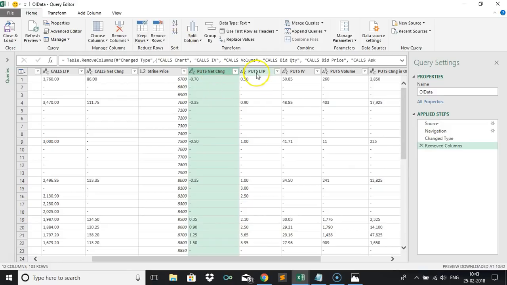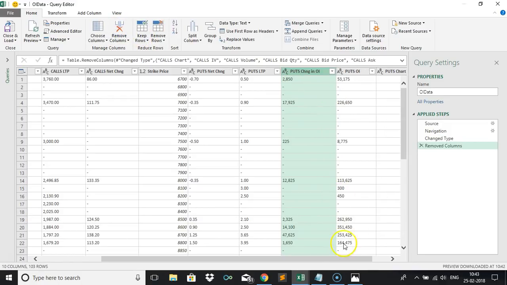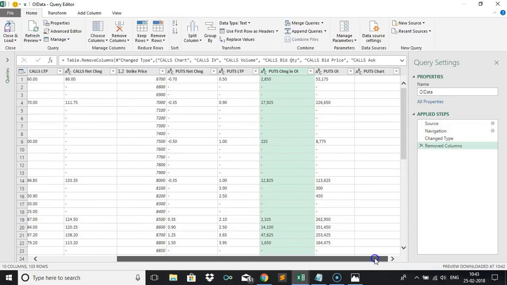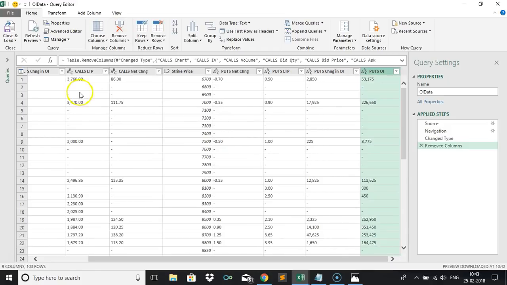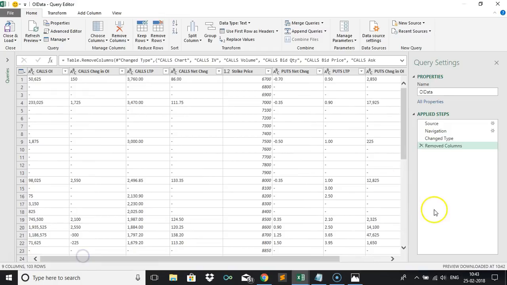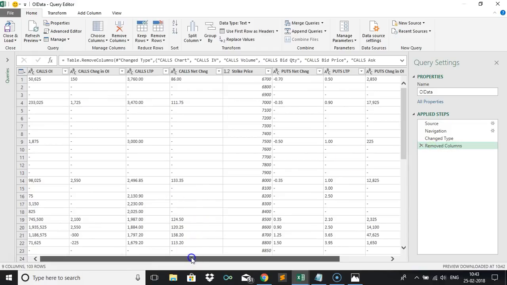And puts net change, last traded price is needed. You can remove volume. Change in OI, puts OI, and puts chart you can remove. Okay, so this is one thing. Fine, and the next thing is that in a lot of places you are seeing this